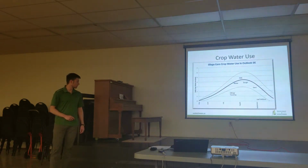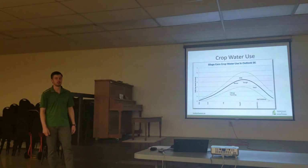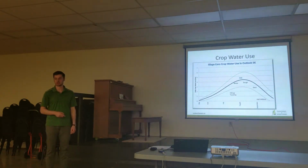During its highest water requirement period, during the dough and silking tasseling stage, when it's filling its grain, it can use 6 to 7 millimeters a day, or about a little under a quarter of an inch a day. So that's the part, especially if you're not getting much rain during this stage, you want to be out in